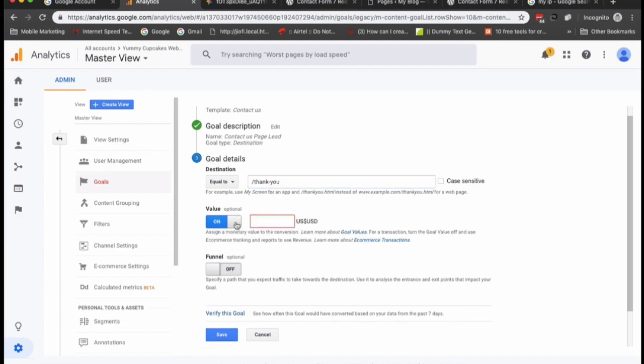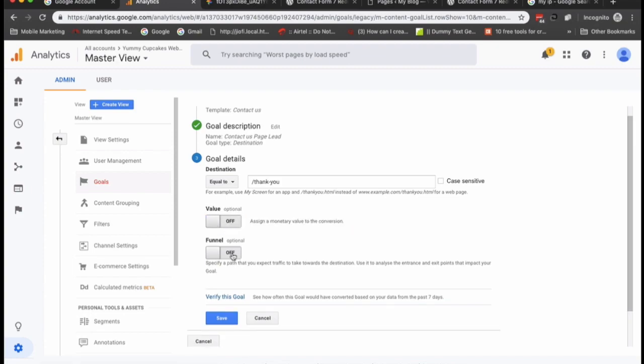I can add a value for it. For example, if my campaigns cost certain amounts and acquiring a lead costs me about $25, I can give it a value for that. At this moment I will not give a value.